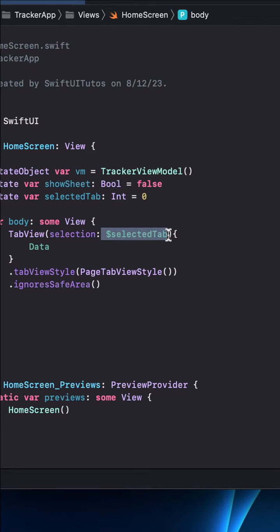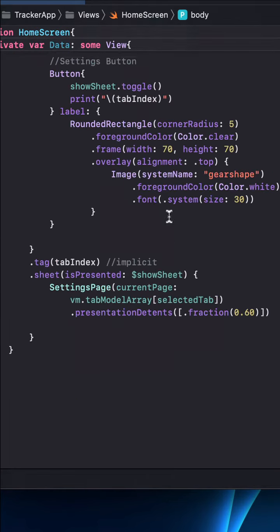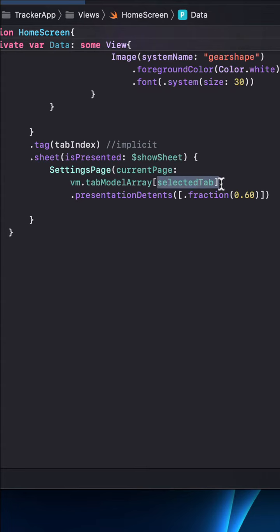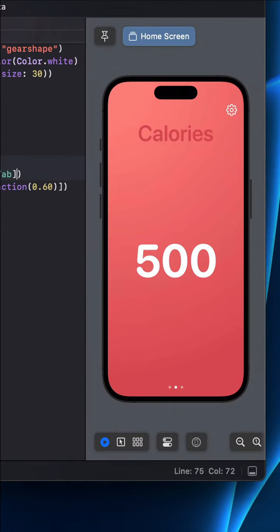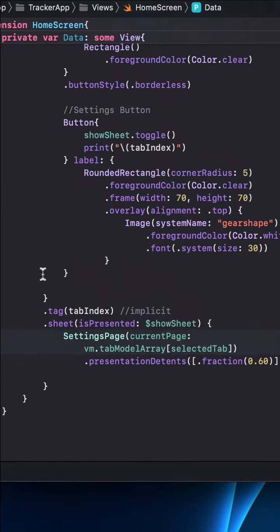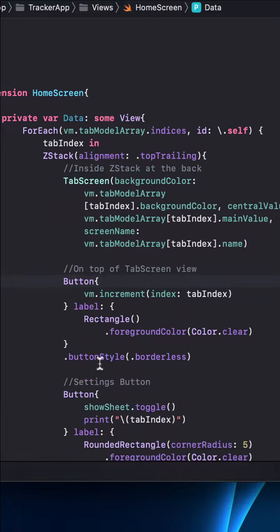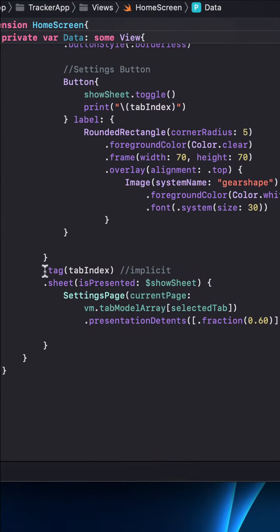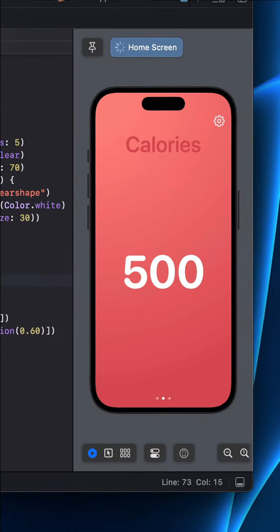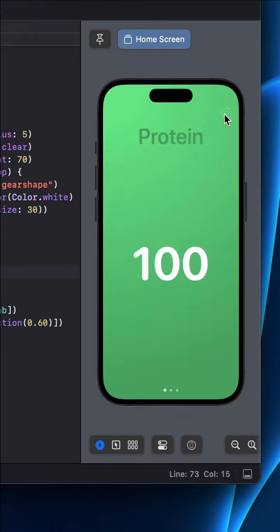And in theory, the tab index and the tag value should be the same, but in a practical sense on the back end, the tab index doesn't really update as frequently or as reliably as the tag value does. And so that's why using the .tag is a reliable way to pass in the correct data to our settings page each time. And also this .tag value is implicit, meaning that if you're just using the basic tags,